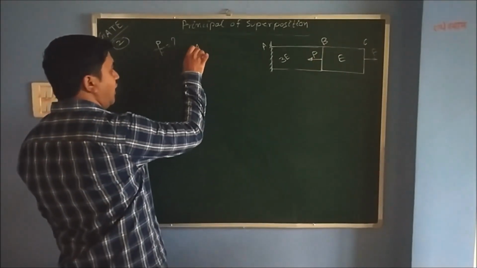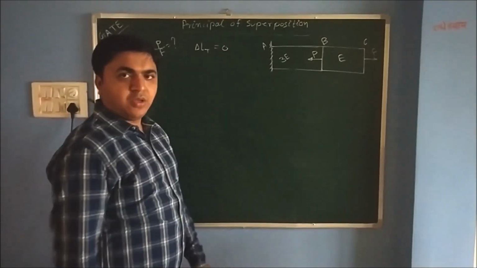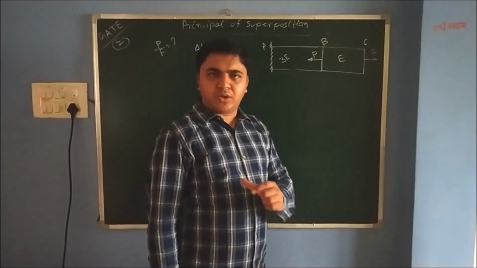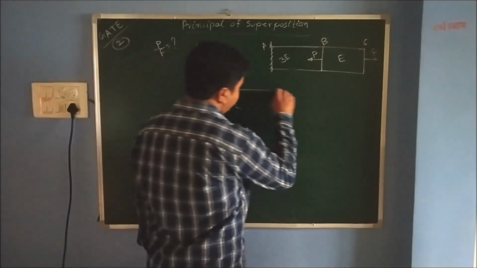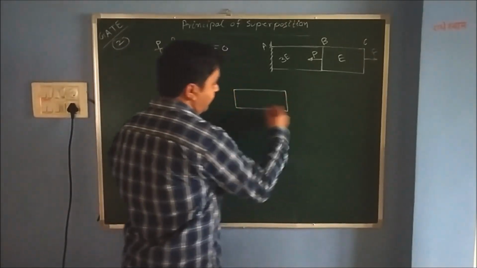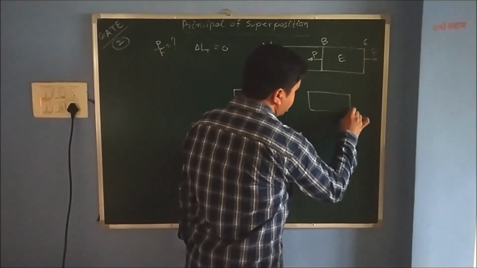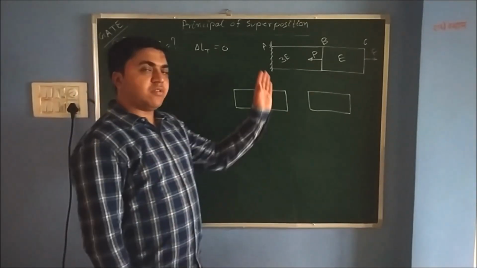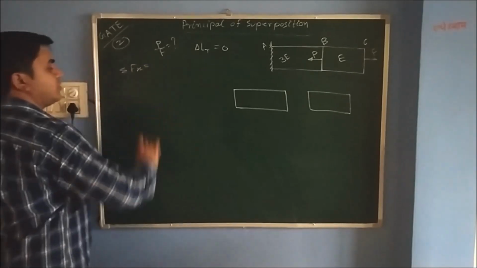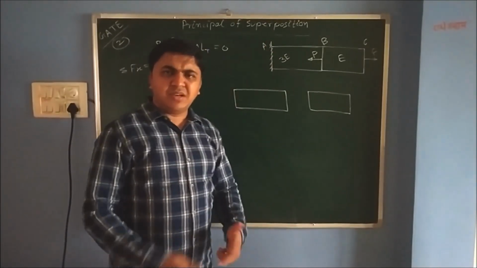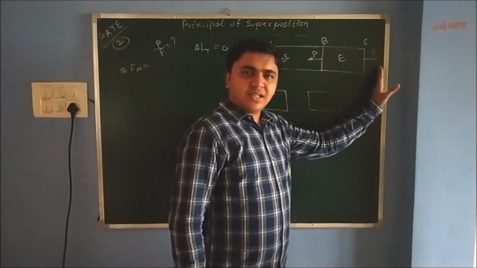Means what? The total extension in the length of the beam should be equal to 0. So for solving this problem, first of all, we draw the free body diagram of sections AB and BC. We can start from the left side as well as from the right side. But if you start from the left side, there is a support on the left side, you can see here. So if you want to start from the left side, you are supposed to find the reaction at the support with the summation of Fx. But this will unnecessarily add one step. So what we'll do, we'll start from the right side, the known side.